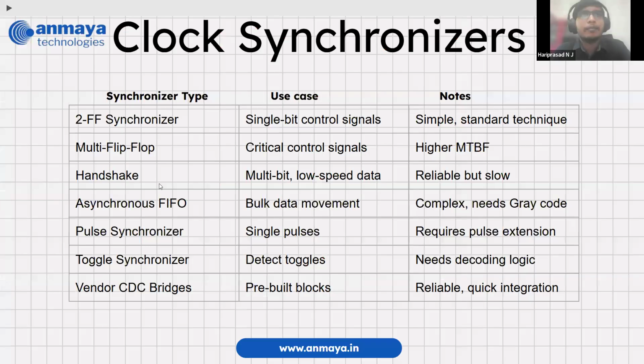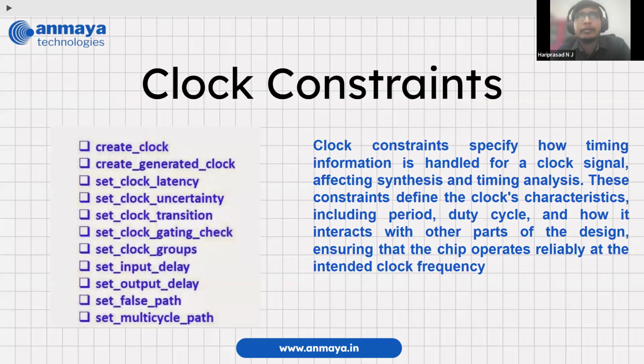So these are some of the synchronizers like async 5 we discussed. And in many cases, the vendor itself will give you the CDC bridges. So this is especially in the ASIC. Okay. So when you go for the ASIC kind of application, you go for vendor-based CDC bridges. Okay. So now we will see various constraints what you have to give in Vivado or